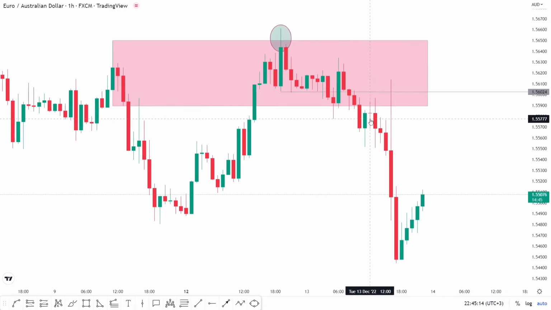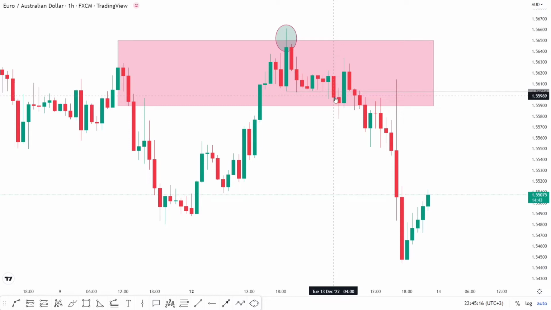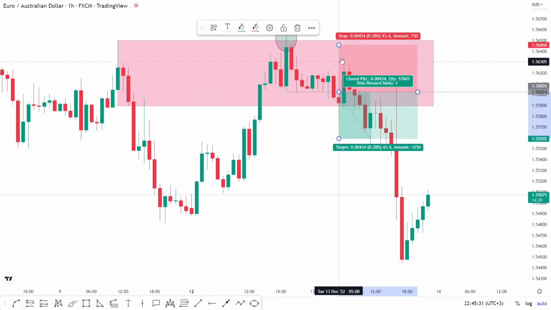So after the breakout, remember the breakout happened with this candlestick. After this breakout, we want price to trade back to this neckline. When it trades back to the neckline, that becomes my entry point. So I'll come and enter with this candlestick when it comes and retests the neckline.